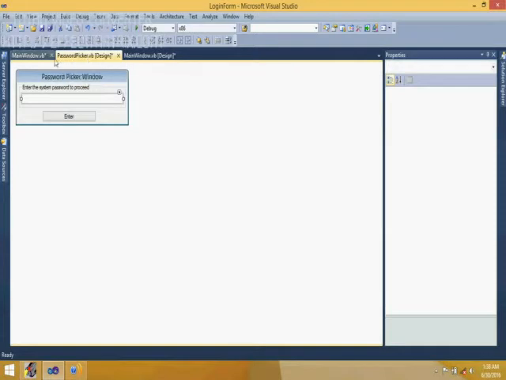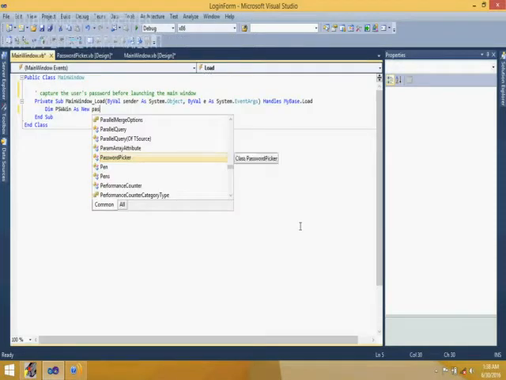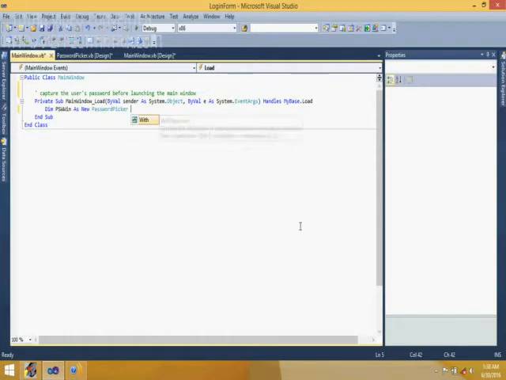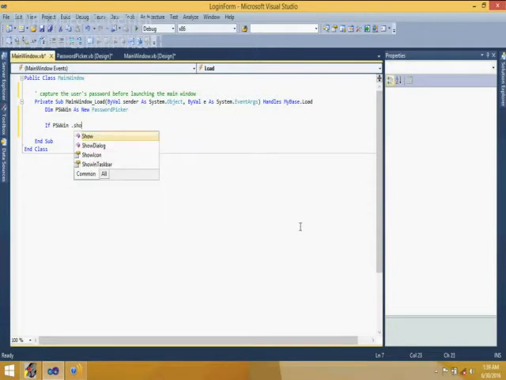Password picker, I believe. Password picker as new password picker here. So if pswin.showDialog is not equal to OK, then